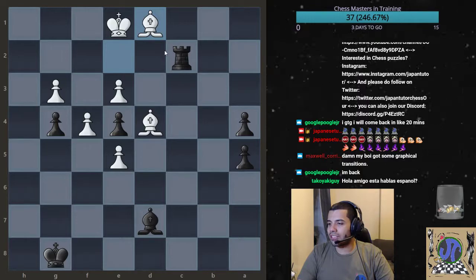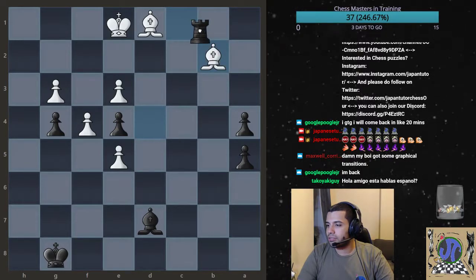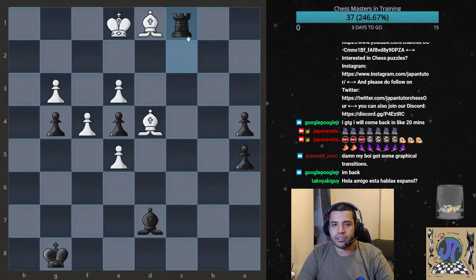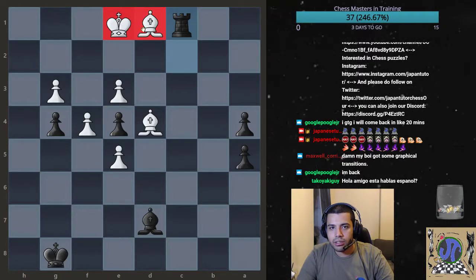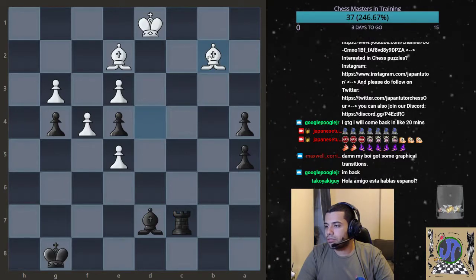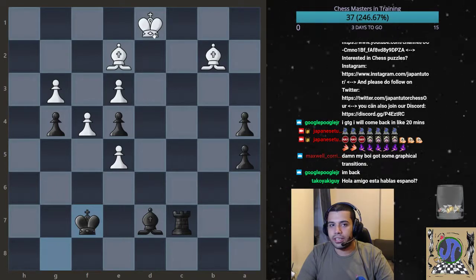Bishop d1. So I'm going to show you guys how this ended. c7, bishop b2. Oh, sorry, rook d7, rook c7, king d1. Wait, what's happening here? Oh, king d1, rook c7. Bishop b2, king f7, king d2,